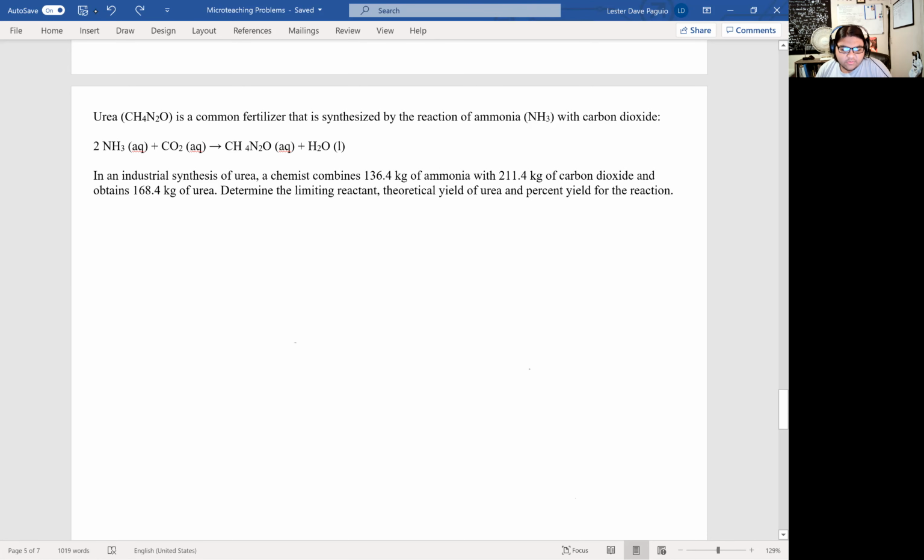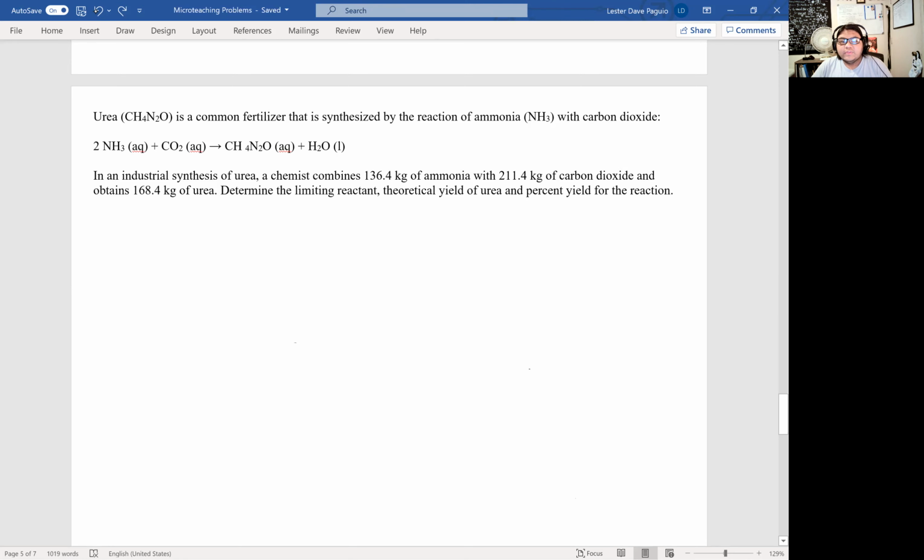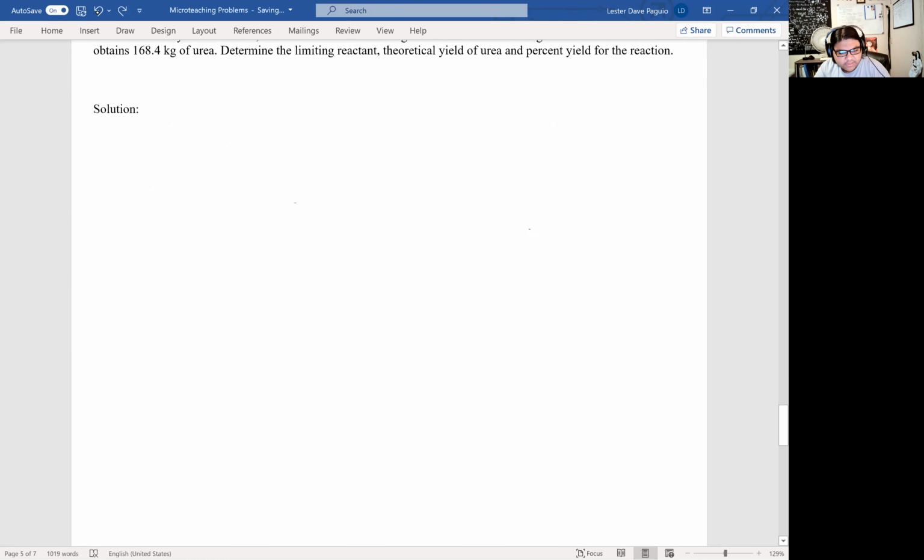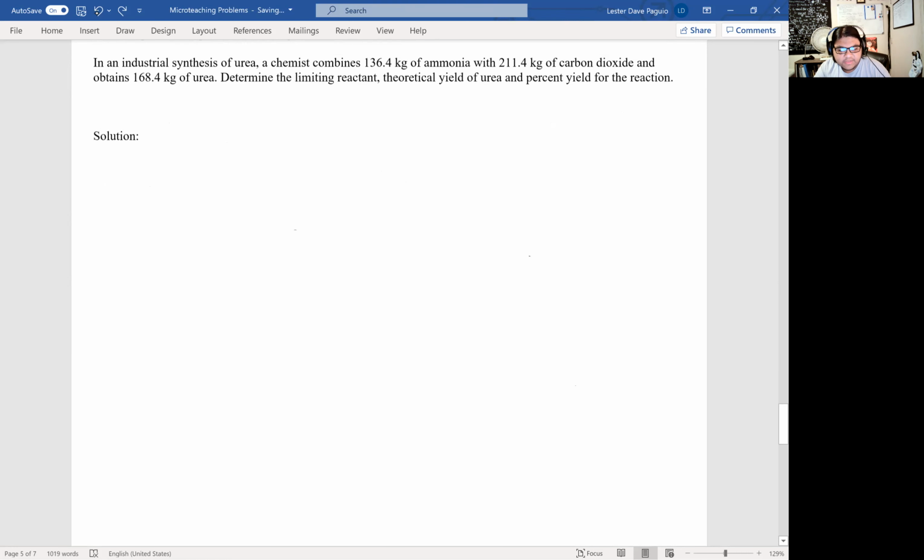CH4N2O plus H2O. In an industrial synthesis of urea, a chemist combines 136.4 kilograms of ammonia with 211.4 kilograms of carbon dioxide and obtains 168.4 kilograms of urea. Determine the limiting reactant, theoretical yield of urea, and percent yield for the reaction. So, for the solution, we can start by finding the limiting reactant